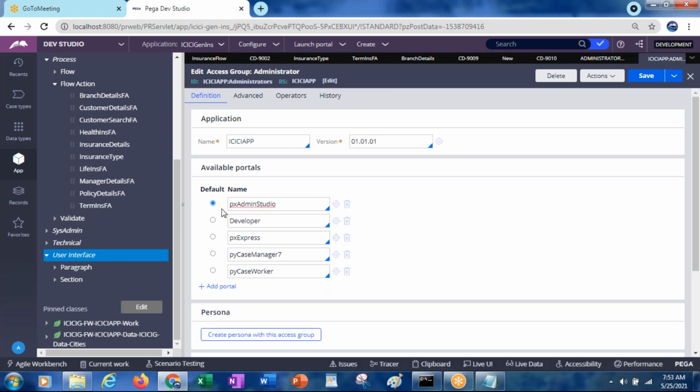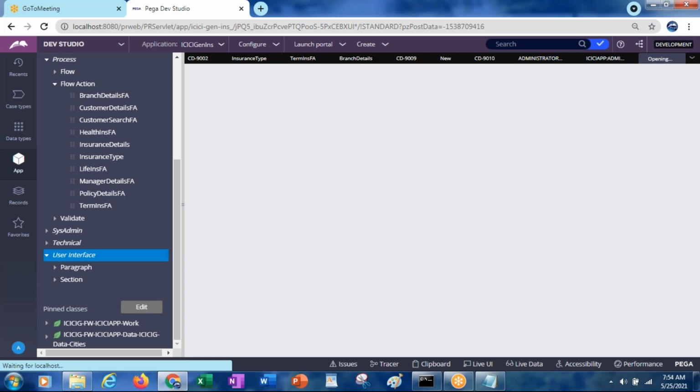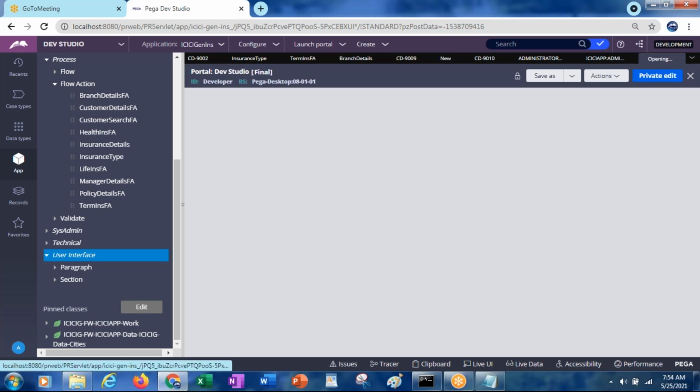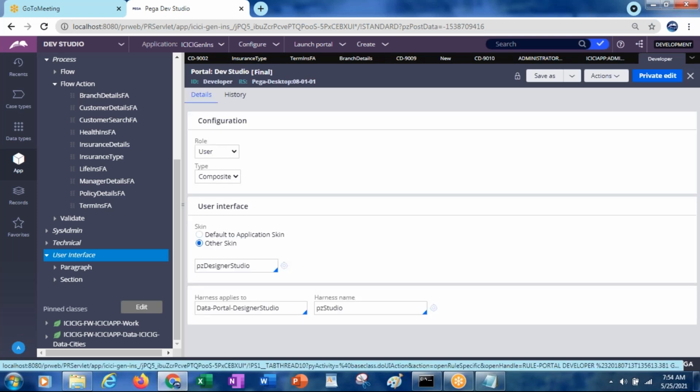And then here, you see, we have available portals, like Admin Studio, Developer Studio, Express, Case Manager 7, Case Workers. Like that, there are various portals available. Each and every portal again internally refers to harnesses.